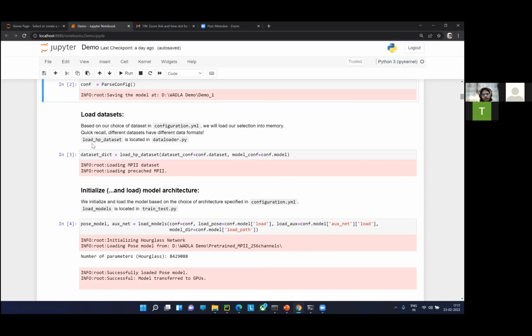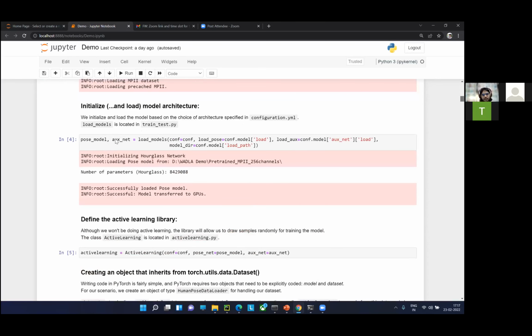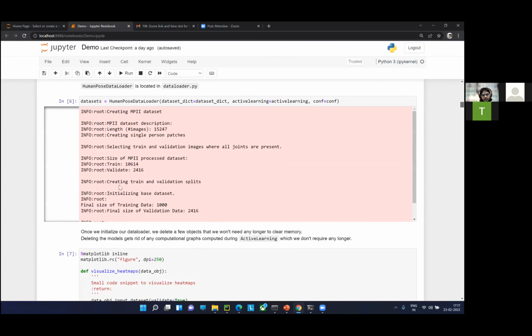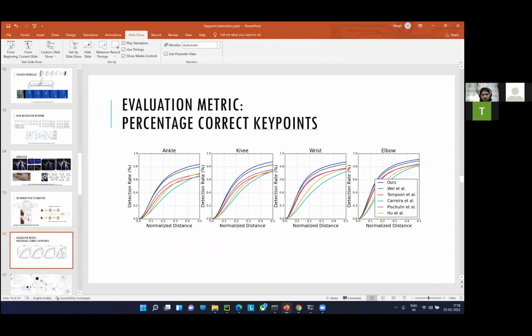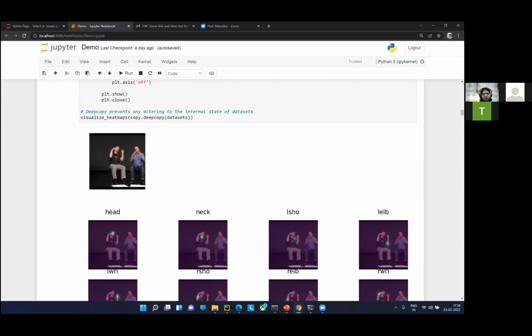In single person also, we are talking about estimating the keypoints only for the person in the center. Like we saw in one of the approaches, they try to predict keypoints for multiple persons. But for now, we'll stick to predicting the keypoints for the center person. So you have the model, you have the data loader, and you also have some